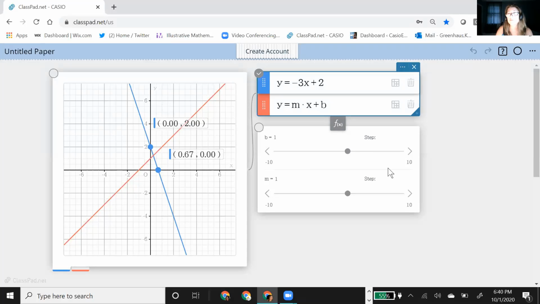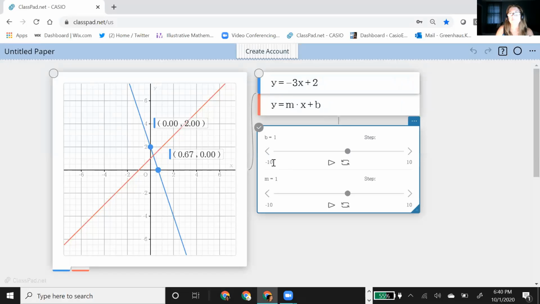Default's always -10 or 10, unless you're in geometry and you're working with rotations, then it's going to be angles, so up to 360. But this is usually the default. So you might want to look at your window, and I don't necessarily want a B that's past the window, or I could change my window, but I might say, okay, I can only see maybe up to 7. So let's just change it.